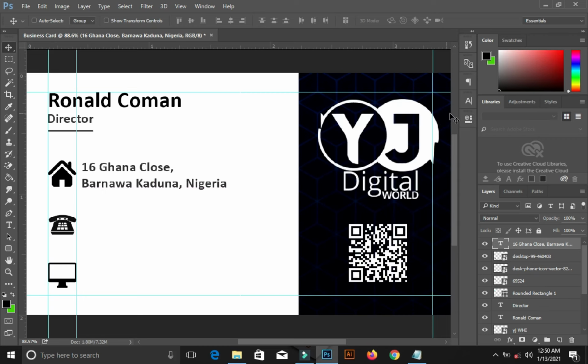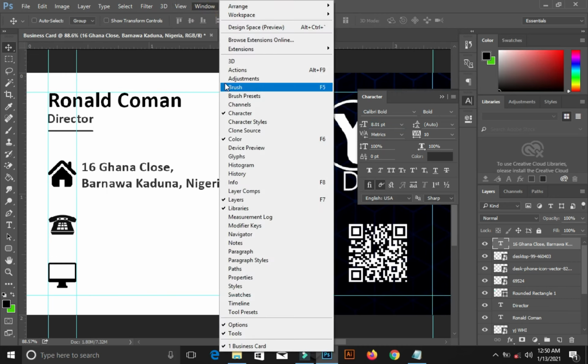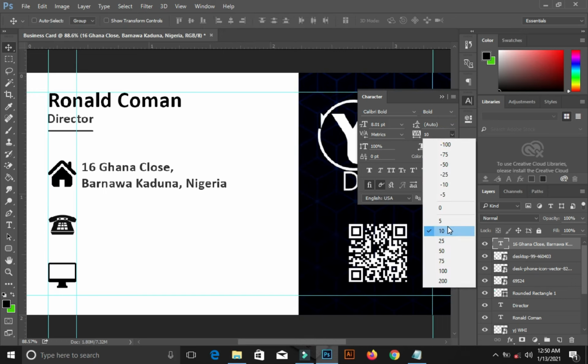Now come to my character panel here. For those that don't have theirs on this side of their work interface, you can come to Window, look for them, and you see your character panel and other panels. So I have mine at this side. All I have to do is increase the spacing between the first line of text and the other line of text.